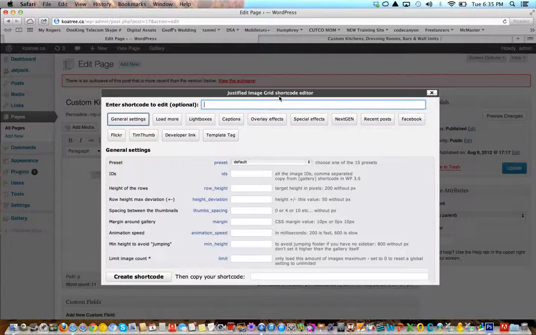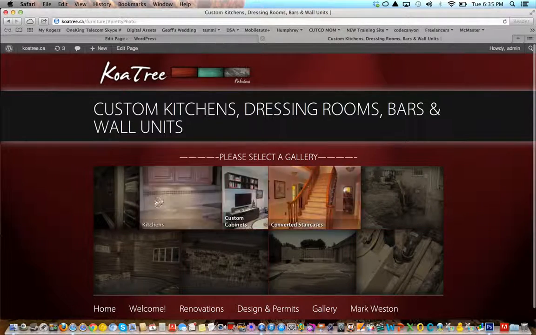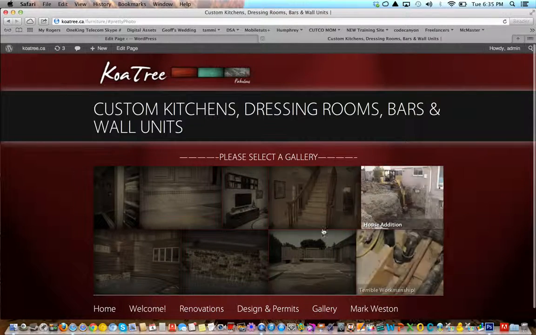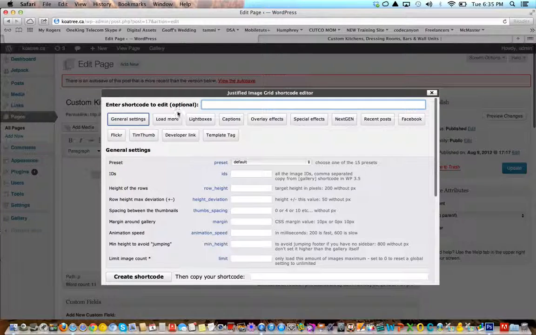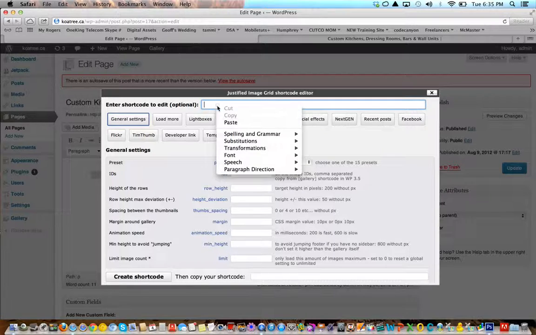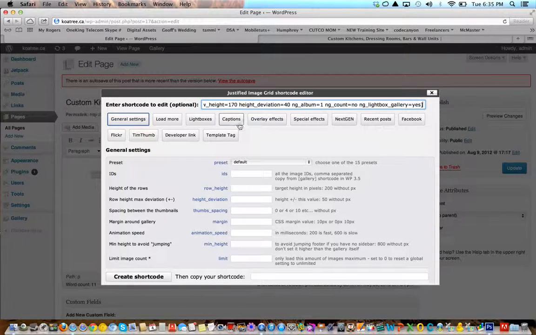this Justified Image Grid is what this is right here. This is a plugin that makes your images nice and fancy, and it loads all your galleries for you. So you don't want to create a new shortcode or a new gallery. What you want to do is edit the existing one. That's why I had you copy that. So you're going to paste it in here like that, and you'll see